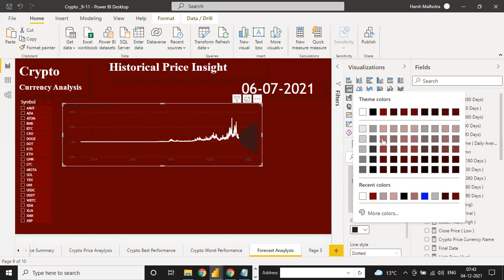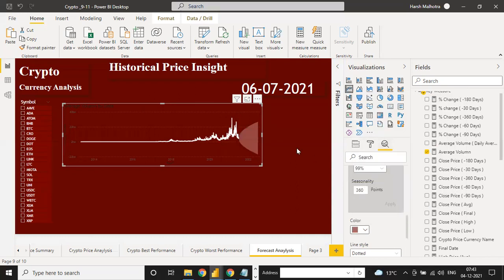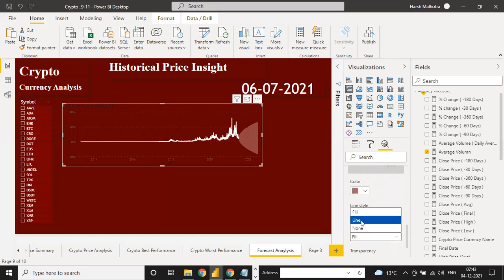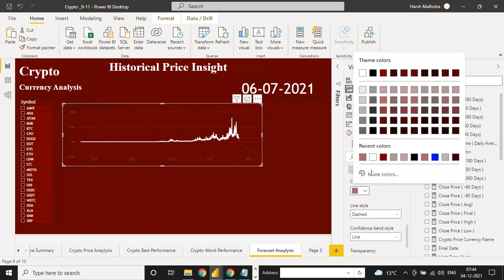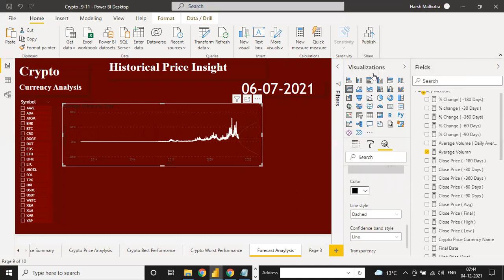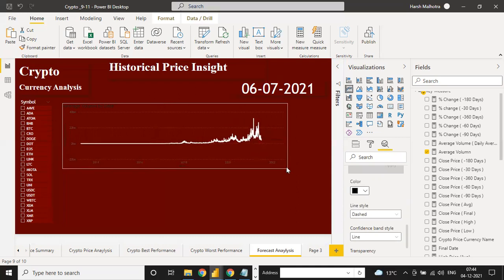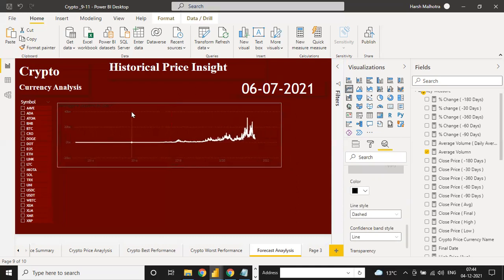If you click any other line like this, this is your complete forecasting. Line dotted and dashed. Confidence is line. And see, this is, I can say, black. Yeah, this one. So this black value shows your forecasting data.